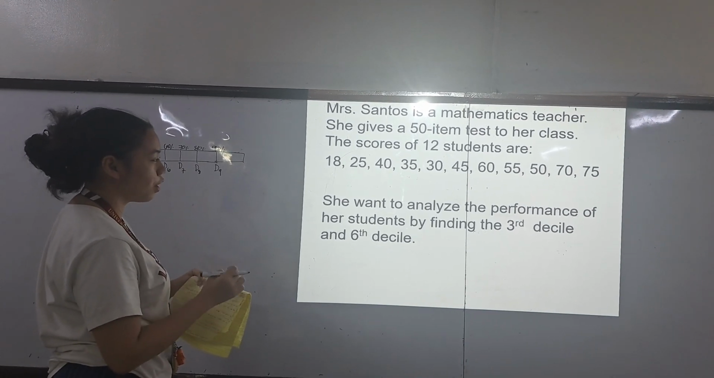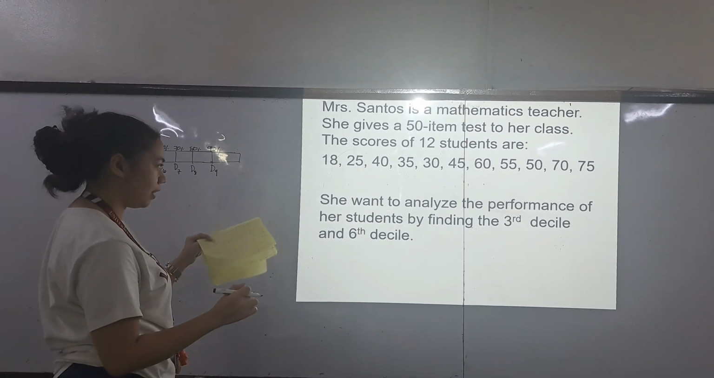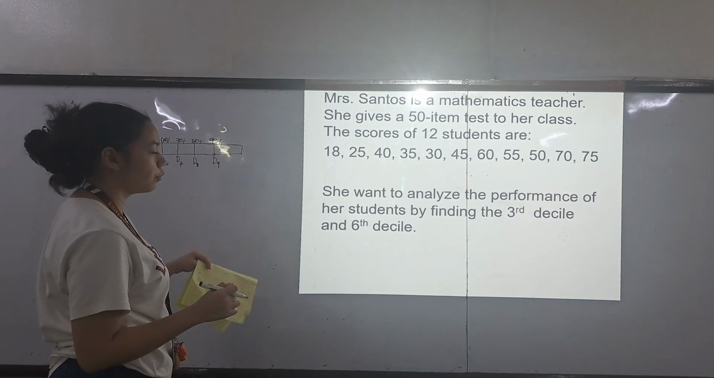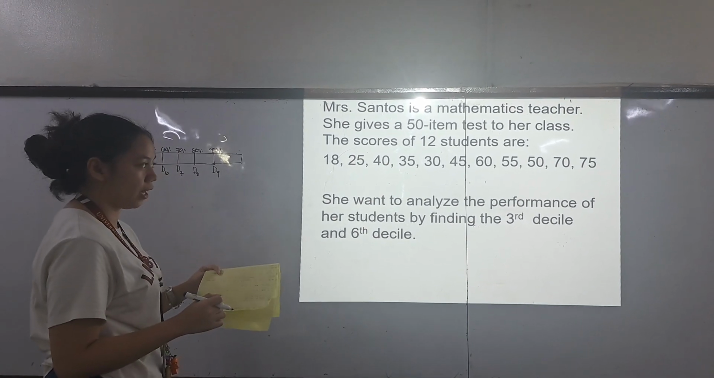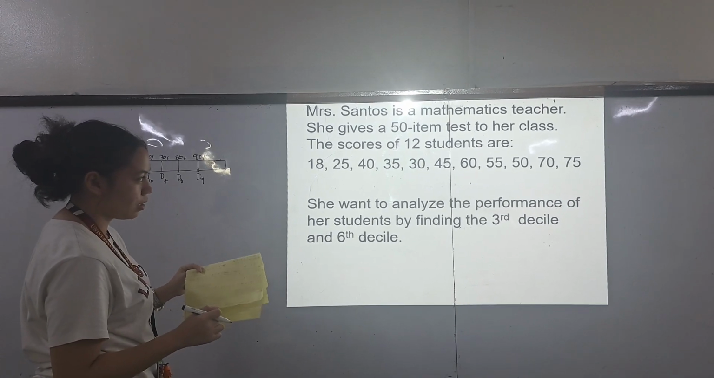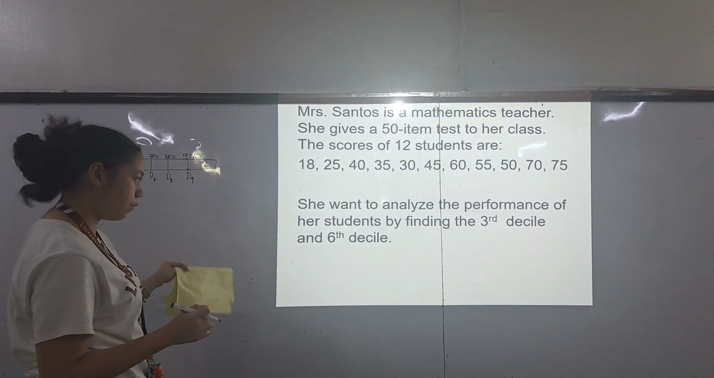The scores of 12 students are 18, 25, 40, 35, 30, 45, 60, 55, 50, 70, and 75. So she